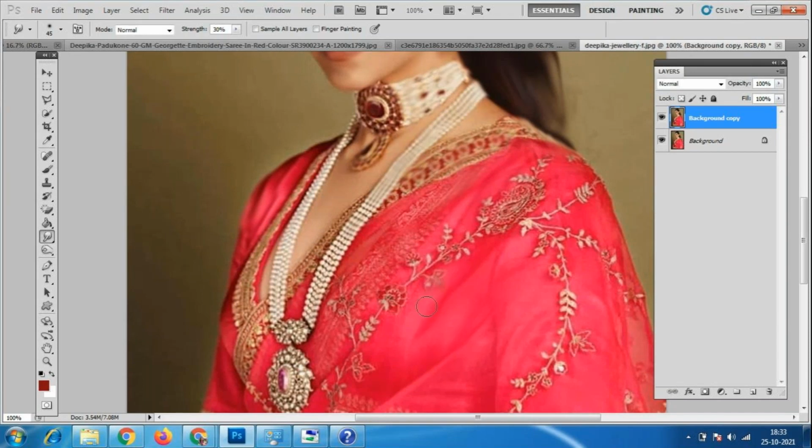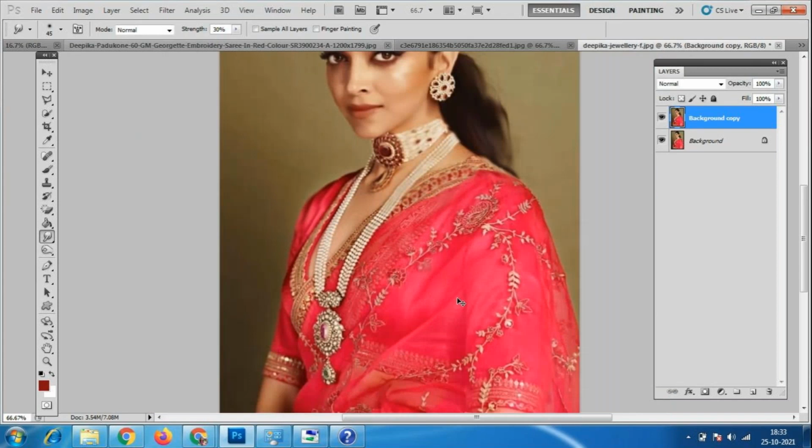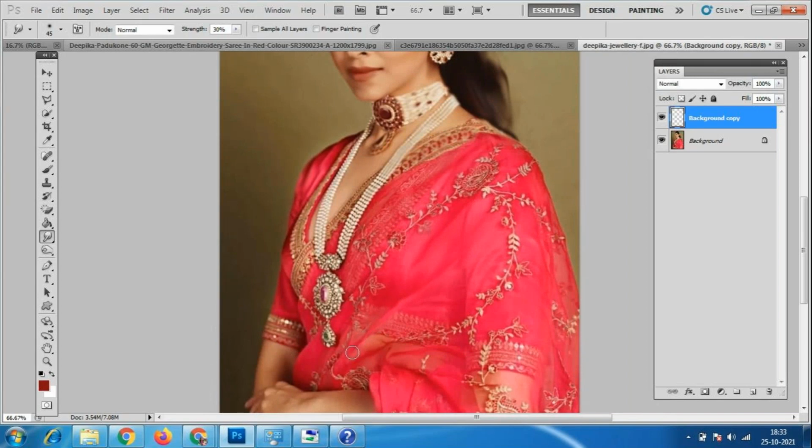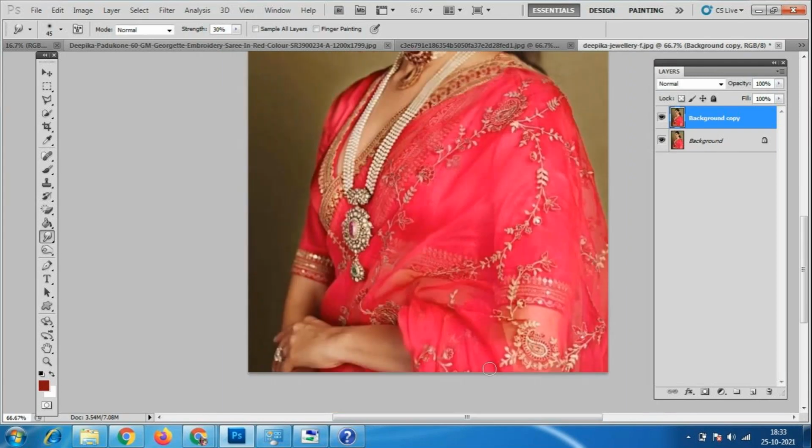Okay, we can use the painting effect also.